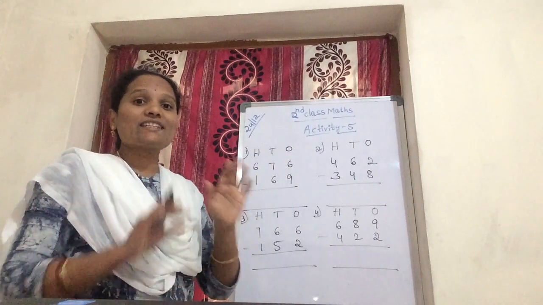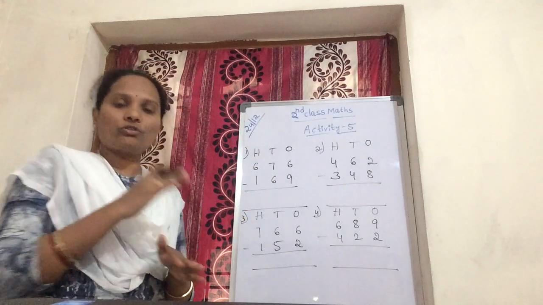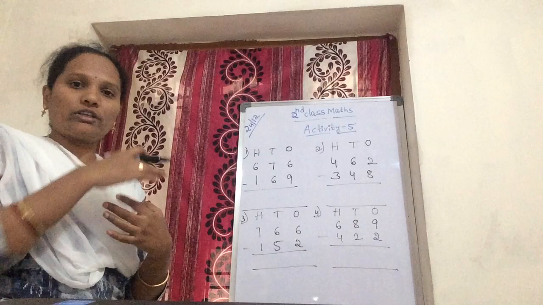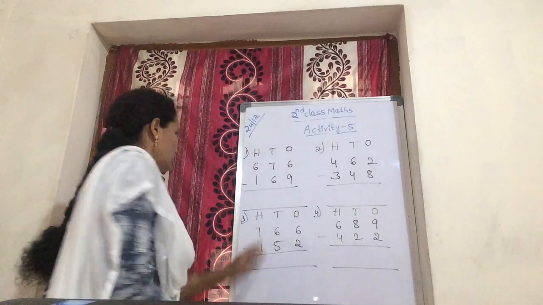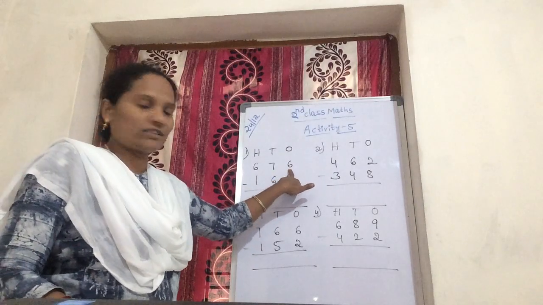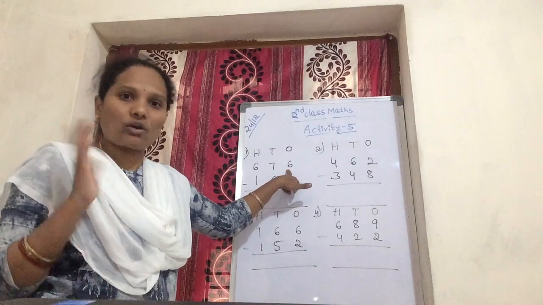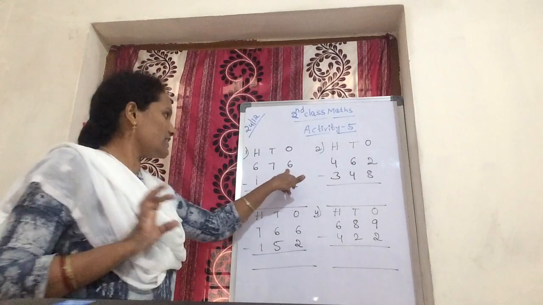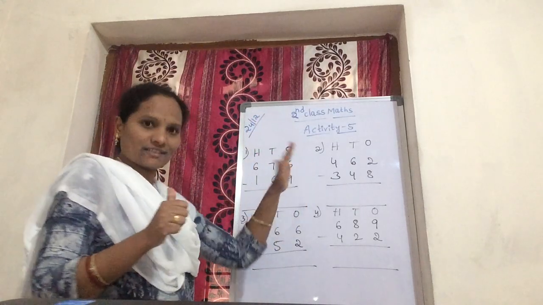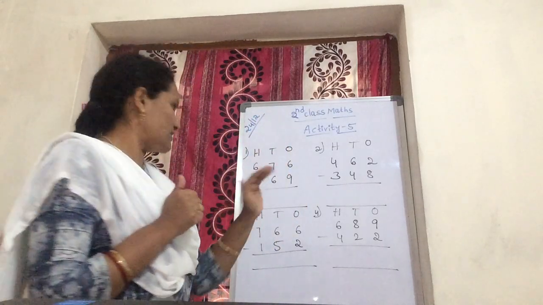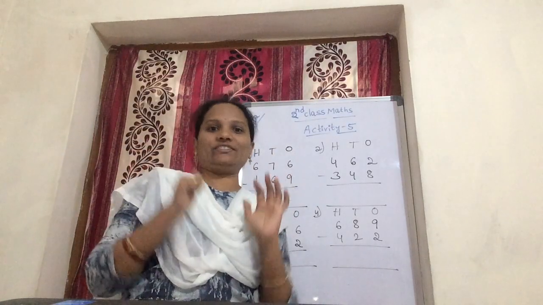6 minus 9. Minus means subtraction, which means removing; you are decreasing. So removing 9 from 6. First you are taking how many? First number is 6, so you are taking 6 fingers. Now next 9. You are removing how much? The second number is removing. So you are removing 9.